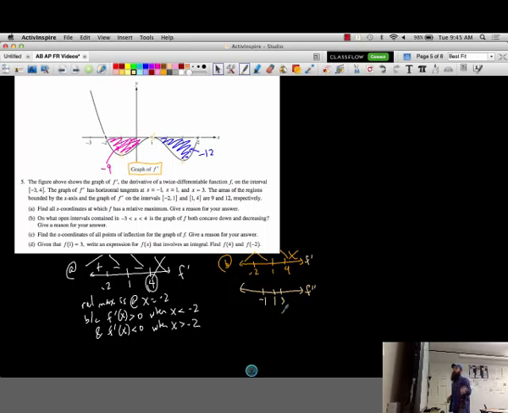Now, when I look at the slopes here, the slopes are negative, then positive, then negative, then positive. And again, I don't care about anything past 4, so I'm just going to ignore anything past 4. So I was looking for things where it was decreasing and concave down. So I can ignore anything below -2 because it's increasing there. And when I look at this decreasing part right here, starting at -2, it's also concave down up to -1. So I have an